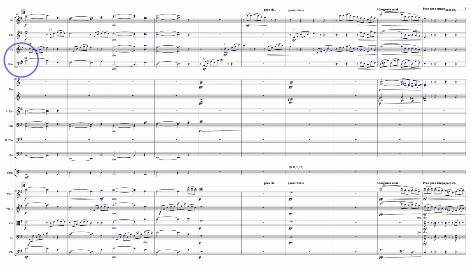I understand the logic behind it. You've got an entire section of double basses playing this, with a little bit of support from tubas and a little bit of trombone in there. So I mean, I don't know.